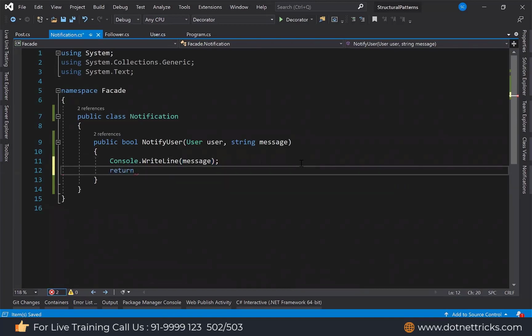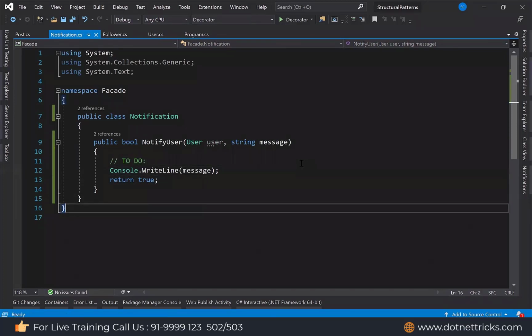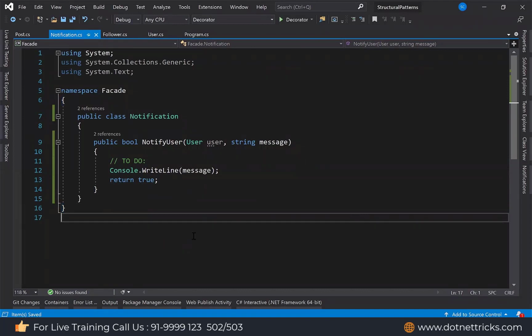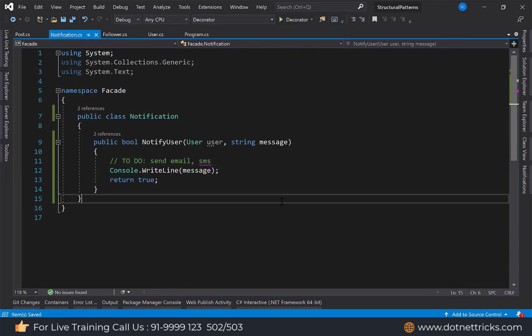Obviously, you will save it somewhere and you will have some notification system behind the scenes. Or you can even send an email also. Okay. It's your implementation which you need to do over there. I'm just showing the simple message. So here you can send the email, you can send the SMS. It's your workflow. So this is about the notification we have done.